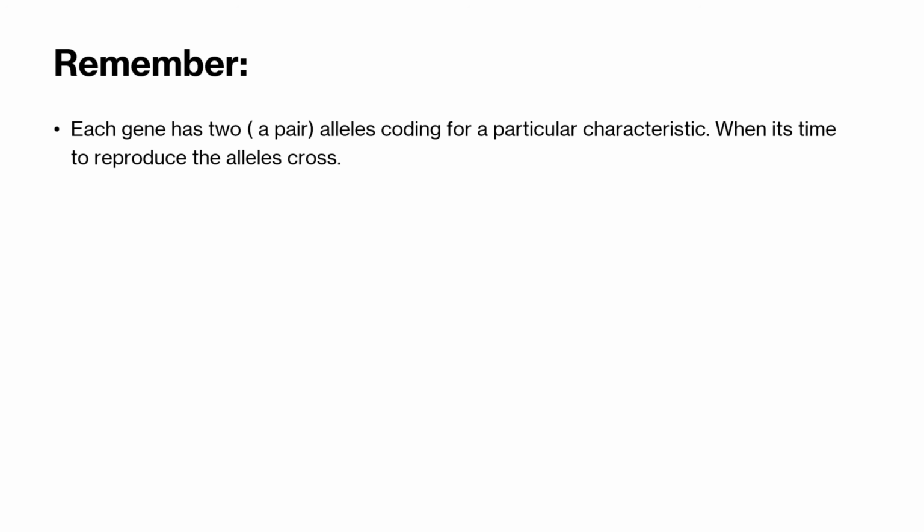So remember, in our previous video, we talked about genes and alleles. We said that each and every gene has a pair of alleles. It has two alleles. For example, if you see something like this, BB together, this is known as a gene, coding for a particular characteristic. But these parts of a gene, these variations of a gene, this B and this B, are known as alleles. I've explained genes and alleles properly in my previous video.